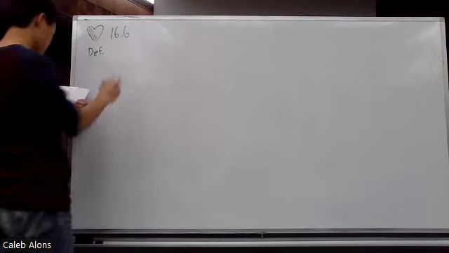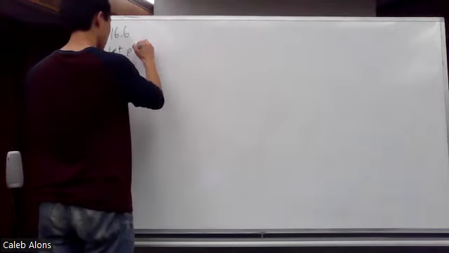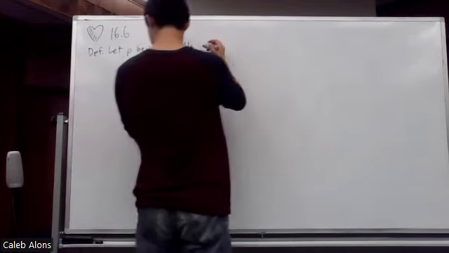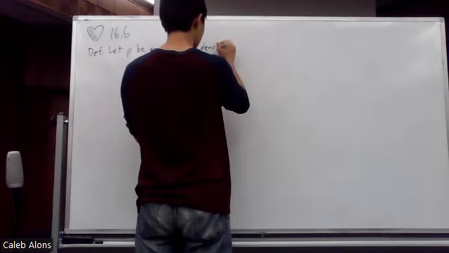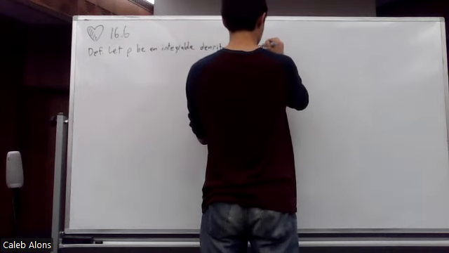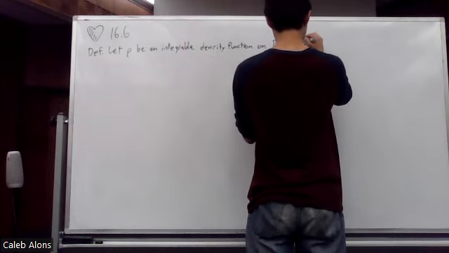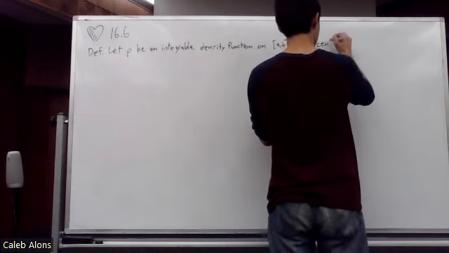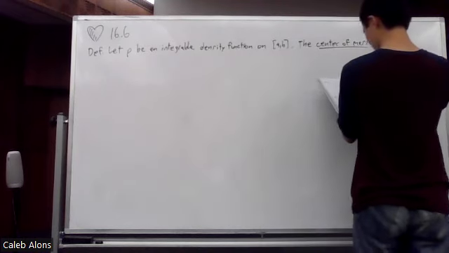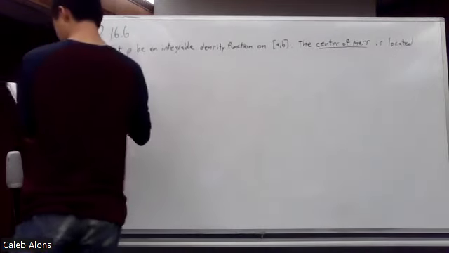Definition. We're going to let rho be an integrable density function on some closed interval. Then the center of mass is located at the point